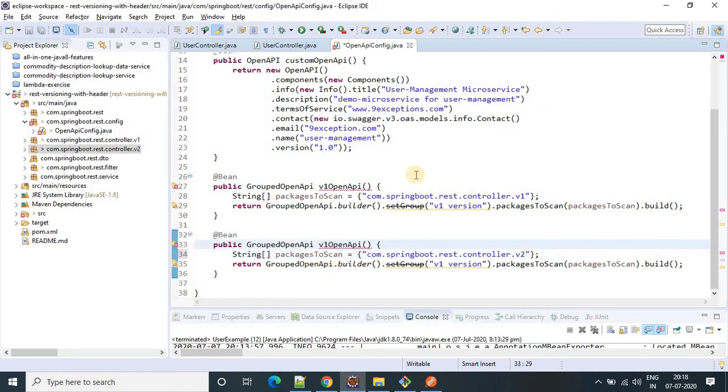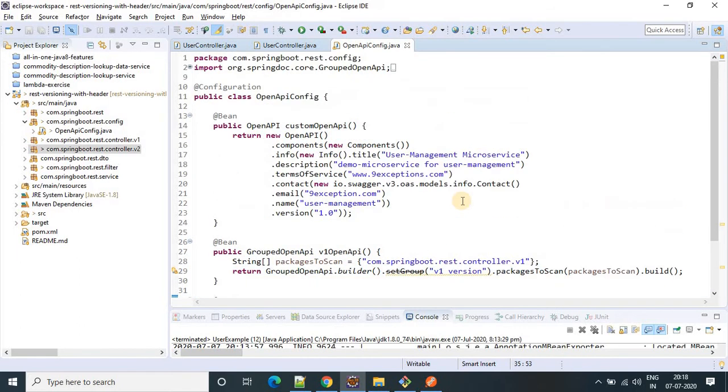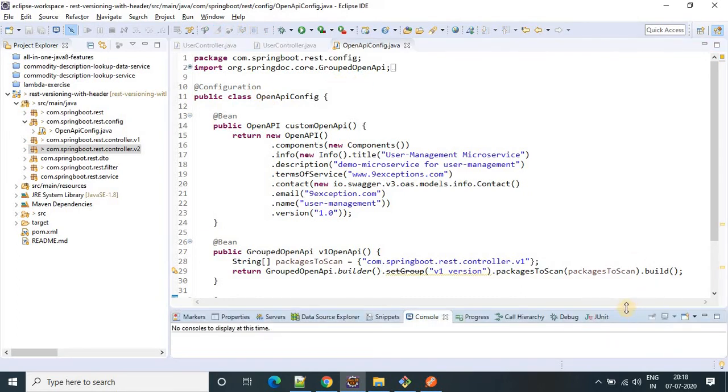Then change the name: this is for v2, so provide v2 OpenAPI, and this one is the v2 version. Any other things that we need to change? Let's see once. Package to scan. That's it, nothing else. Now run this application and we'll see what happens.